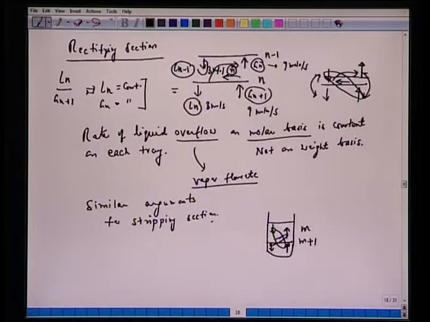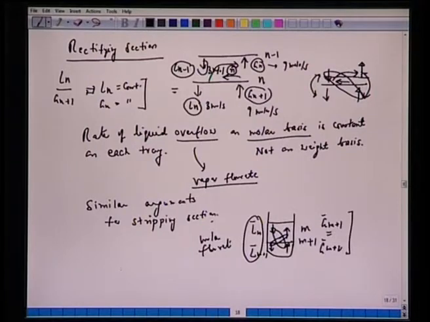These two streams are still in equilibrium, so whatever flow rates we have, if we denote by L bar M here and L bar M plus 1 here, the two will be the same, and the molar flow rate will be the same. Similar argument for the vapor, G bar M plus 1 and G bar M plus 2, the two are the same. So L bar here means the molar flow rates for the stripping section. Of course, we must make a note that L bar is not the same as L. Molar flow rates in the two sections are different.